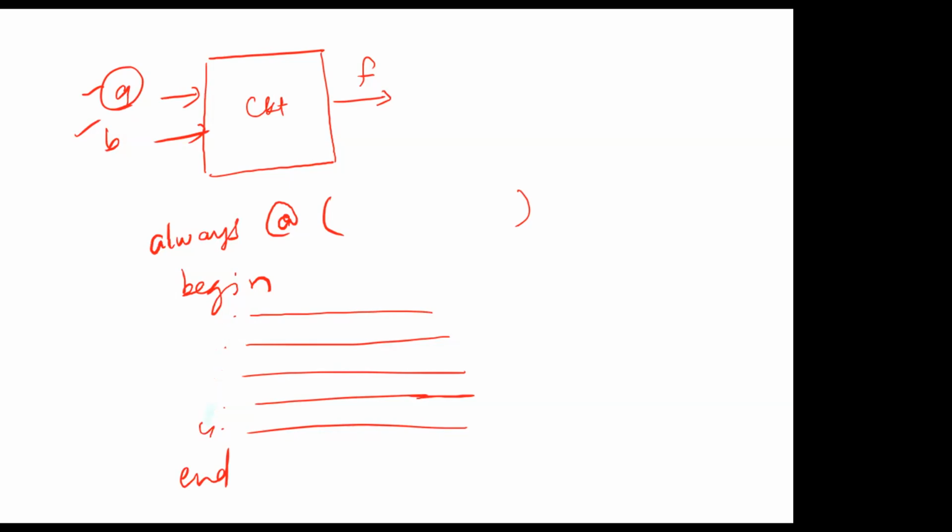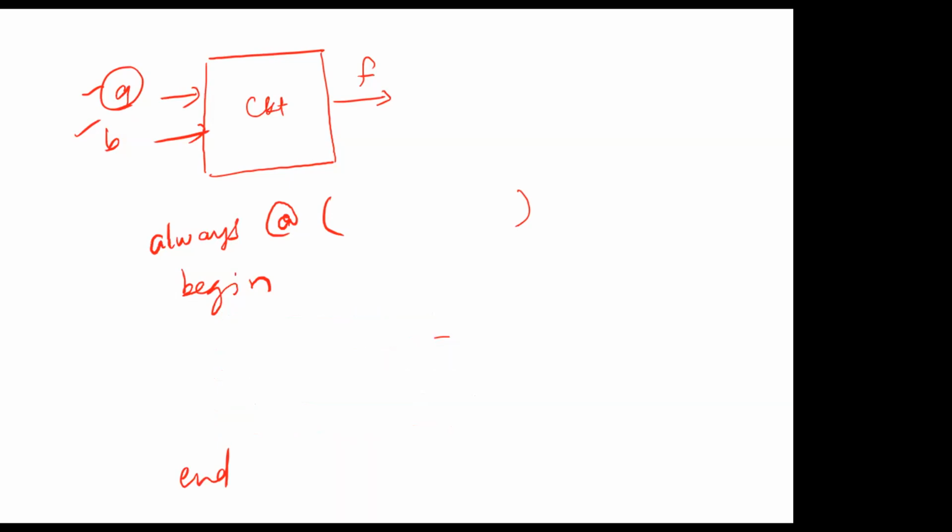After that, there are these parentheses that we are looking at, and these parentheses are called a sensitivity list, right? It is called a sensitivity list because whatever signals or commands you write in here are the trigger points at which all of the things inside this always block get executed.